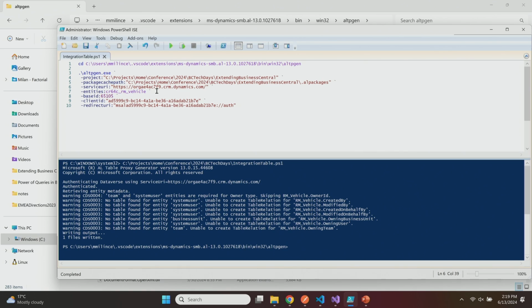As Renato said, we have this business case for rent-a-car. So basically what we want to do is to get our master data vehicle to be data synced. And these two new parameters are, as I said, client ID and redirect URI. And once I run this command,